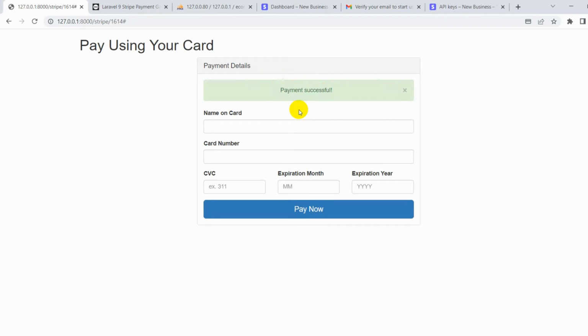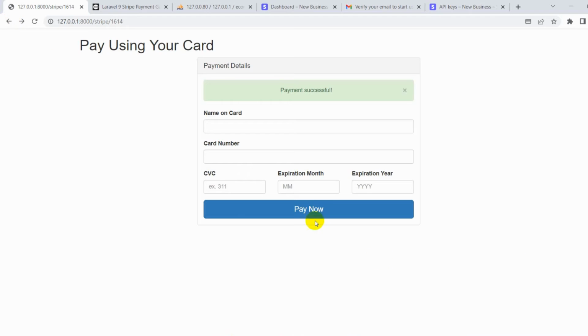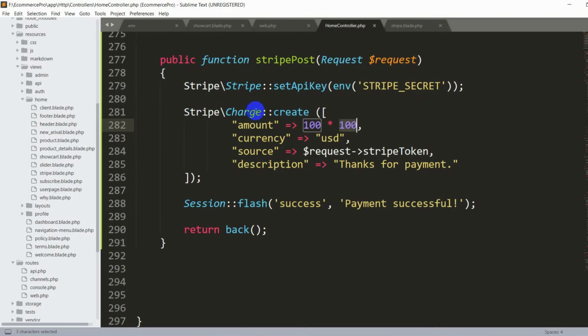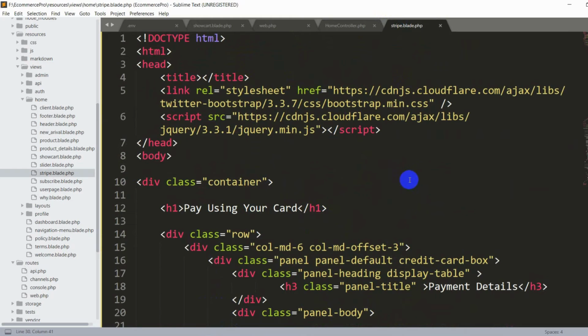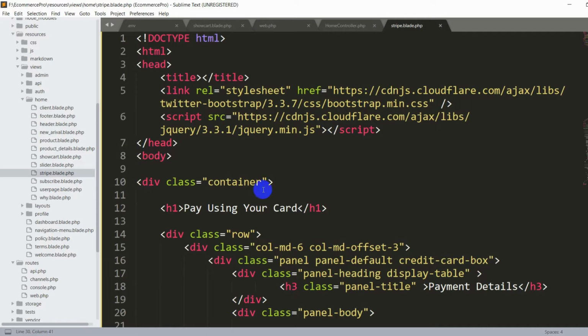Let's do the important part first. So in the home controller, we are getting this payment 100 into 100, but our product total price is, let me go back, our total price is 1614. So we need to charge this amount, not $100. So how can we get that? That's actually really simple. Here in the stripe.php, I already showed you how we can get the total amount over here. All we have to do is that,